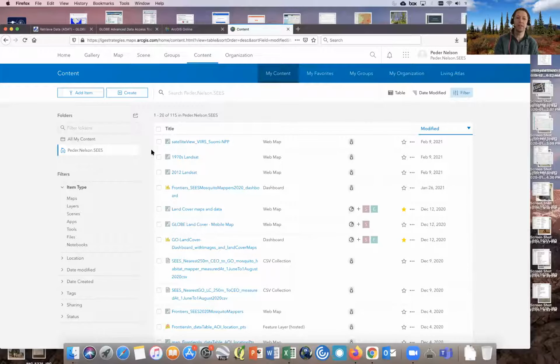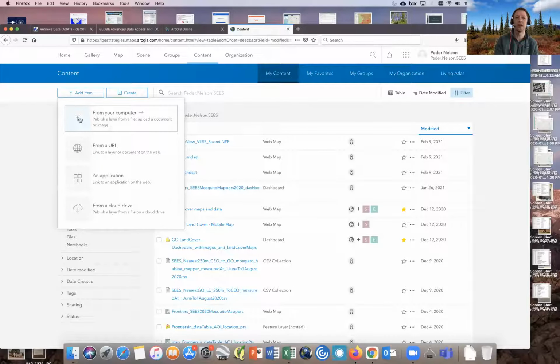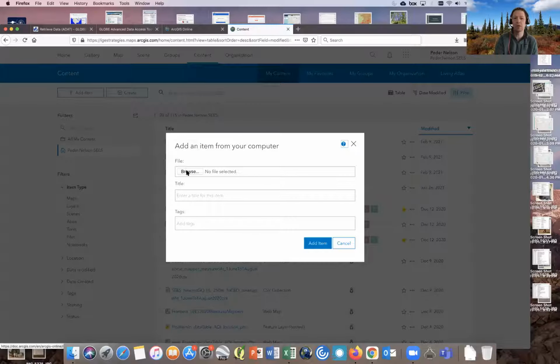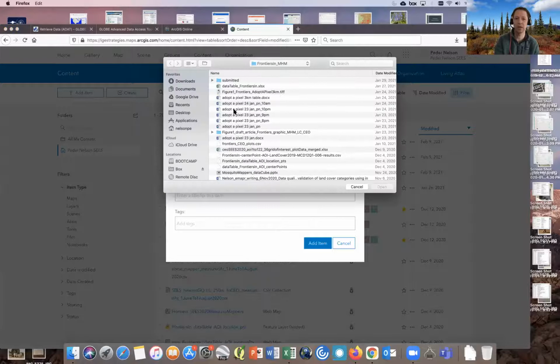But one of the things that I want to do is first I need to get that spreadsheet that we were just working off of, that comma separated file, up into the cloud, into this software system. So I'm just going to add an item here, and you can see some of the different options of how you can access this. But since I have it stored on my computer, I'm just going to do a little search really quick and look at my downloads file,